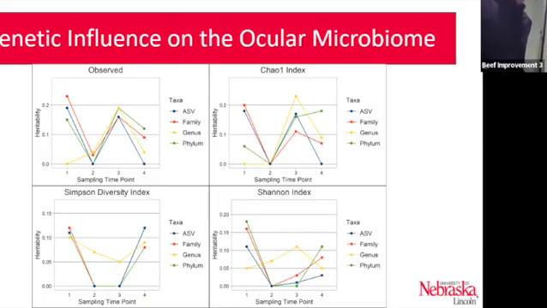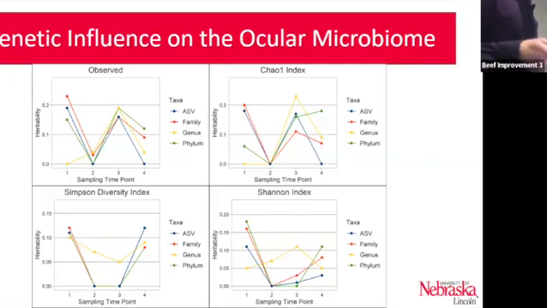Okay, so here's what we're looking at. We're looking at the heritability estimates of each of those 4 alpha diversity metrics. And what I've broken down here is you can do ASV, which I'm going to primarily be talking about, but also going up the taxonomic tree to genus in yellow, family in red, and phylum in green. So here's how it basically breaks down. Time point 1 for all of these has generally one of the higher heritability estimates.